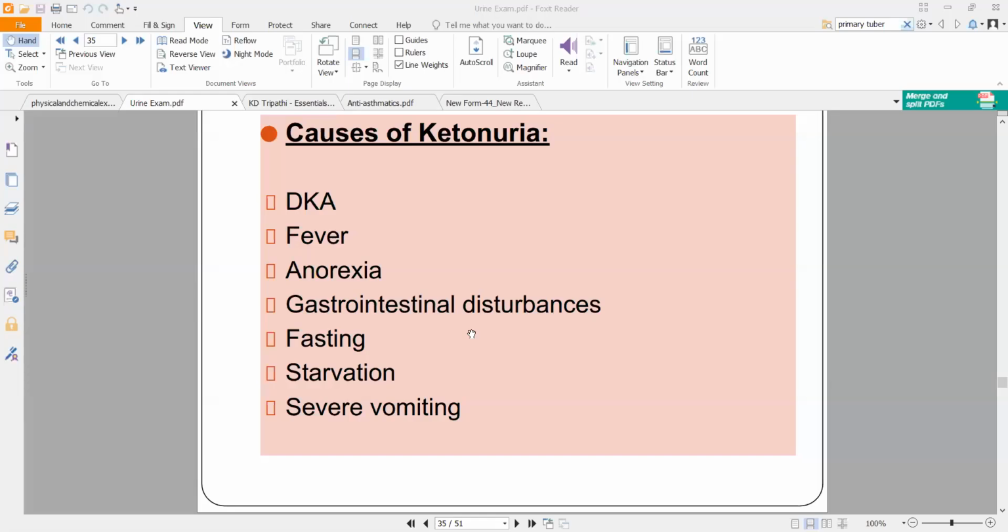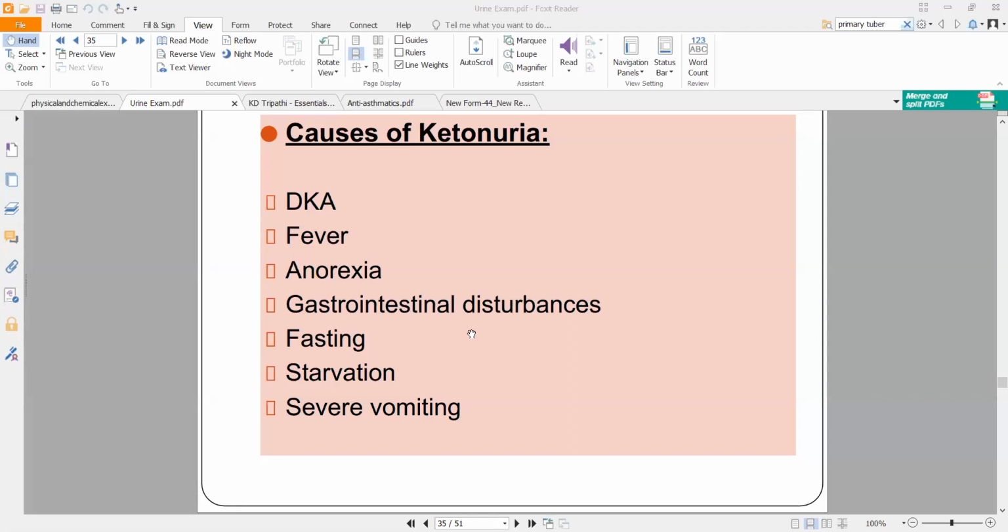Now when glucose level in blood increases, this basically means that your cell is not getting any glucose, right? If the cell is not getting any glucose, it will try to find other sources of energy. That other source of energy will be any other cell. So it will start breaking down muscle, it will start breaking down different cells. During this process, fatty acids are formed, and from fatty acids you will get ketones. So it will start breaking down adipose tissue. If there is adipose tissue, that will be broken down. It will break down muscles at one point. All of this will cause production of fatty acids, which in turn will cause production of ketones.